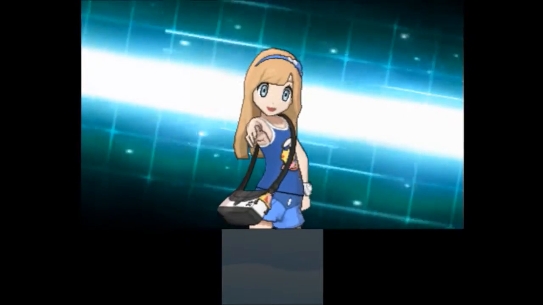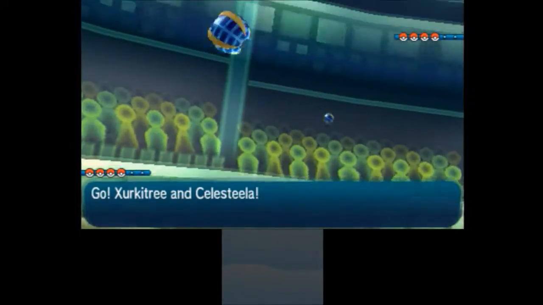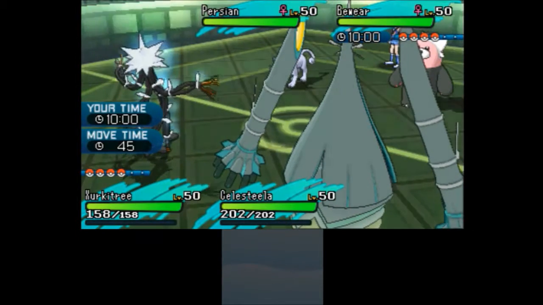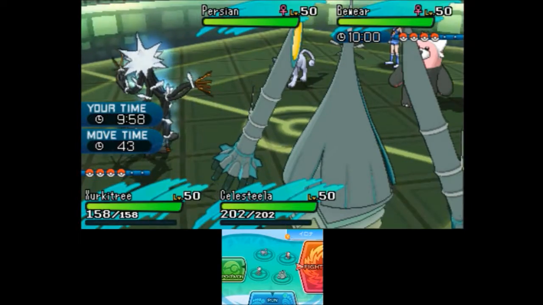So Tapu Bulu should be able to break through it pretty easily, especially since it doesn't actually get any good steel type attacks. It usually just runs Zing Zap, Fake Out, and sometimes Nuzzle, which are all electric type, which we resist, so that'll be fine. So we see a Beware Persian, okay. We could literally just take down the Beware right here